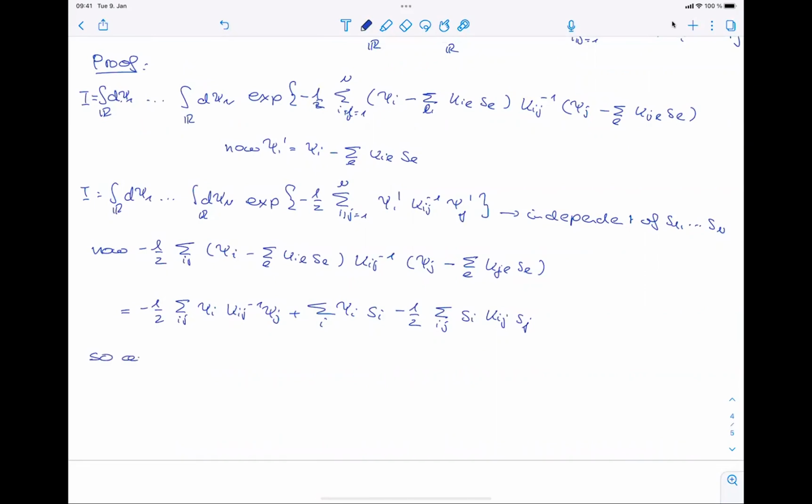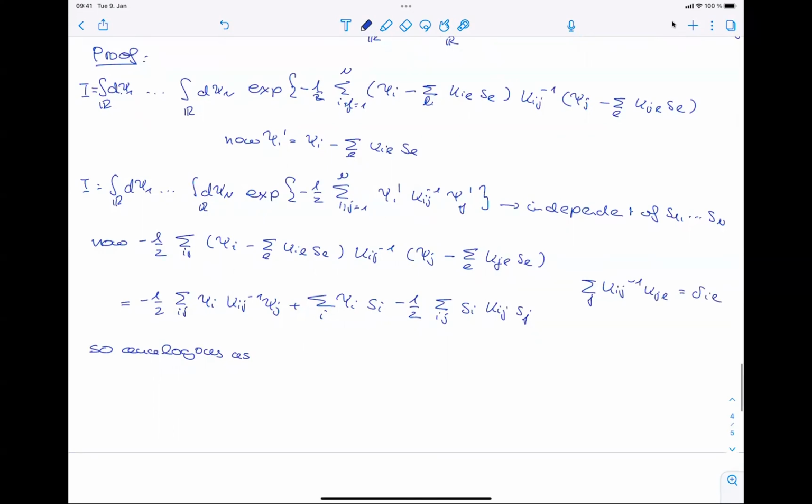And so analogous, maybe I should state this, that the sum over j of k_ij^-1 k_jl is delta_il. So this is the only rule that we have to use to arrive at this equation. So analogous as above, we find